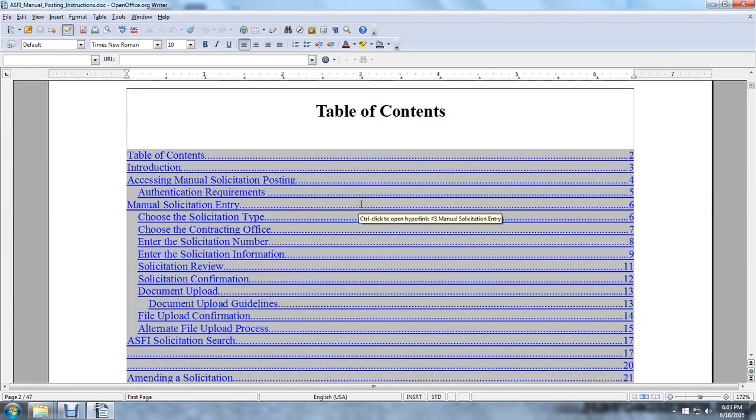The table of contents: introduction, accessing manual solicitation posting, authentication requirements, manual solicitation entry, choose a solicitation type, choose a contracting office, enter the solicitation number, enter the solicitation information, solicitation review, solicitation confirmation, document upload guidelines, file upload confirmation,